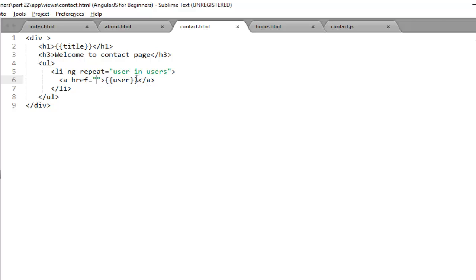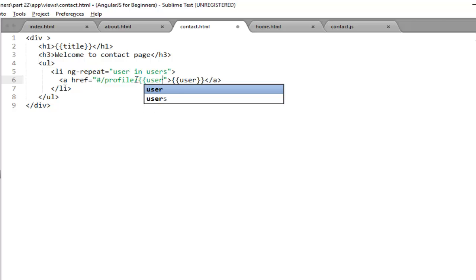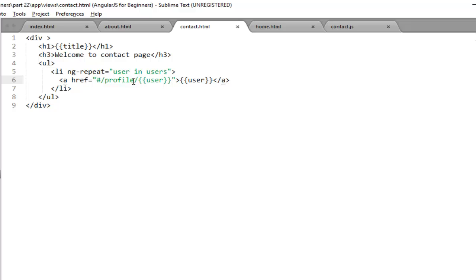I told you how to use navigation for routing. You have to use a hash and the name of your route. Maybe the name of my route is profile, and that will also hold the name of the user. The name of the user is already in the user variable, so I will bind that here. In this case profile is going to be the same for each user, only the value of user is going to change depending on which username the user clicks.